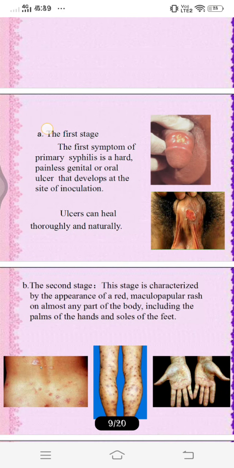And next, understand the second stage. In the second stage, it occurs due to a widespread multiplication and also dissemination of treponemas through the blood. It is mainly marked by mucocutaneous eruption in the form of roseolar papular rash and condylomata at the mucocutaneous junction. Osseous, ophthalmic and meningeal involvement may also occur. After the secondary lesions disappear, there is a period called latent syphilis, during which the diagnosis can be made only by the serological test.